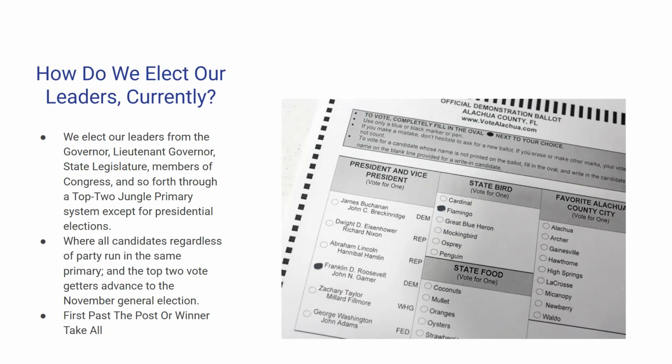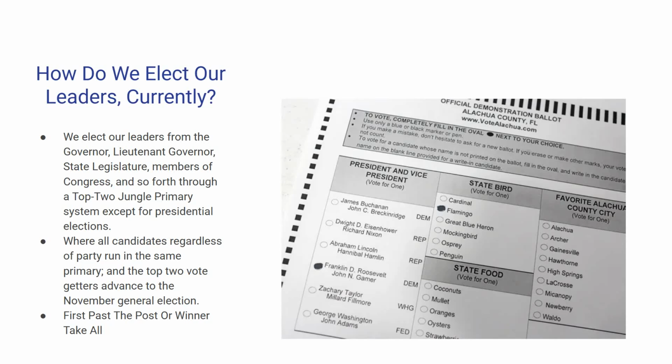The primary can happen usually in either the month of June or March, and then in the general election, it's always November. And the top two primary system is used to elect our leaders from the governor, the lieutenant governor, the state legislature, members of Congress, secretary of state, attorney general, state controller, and so forth. But the top two primary system is not used